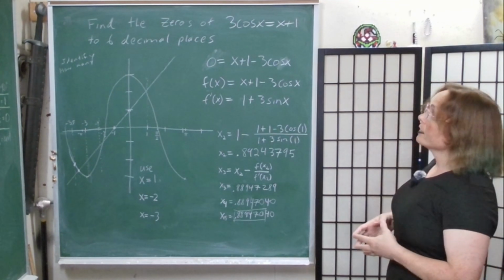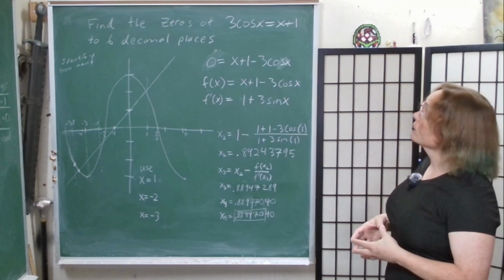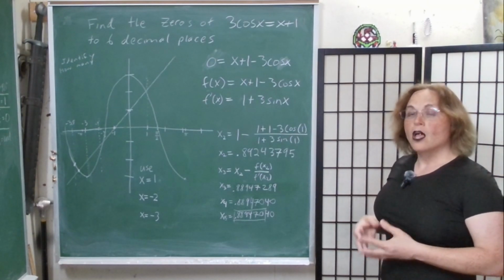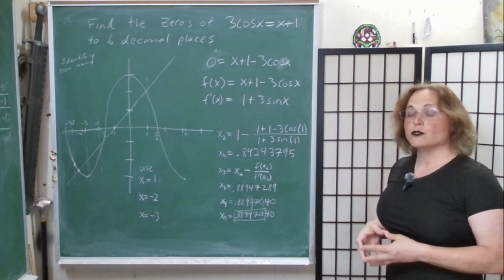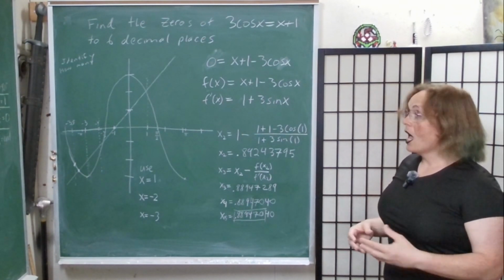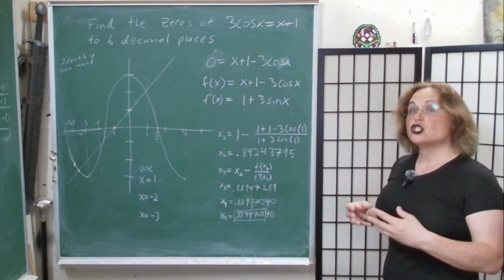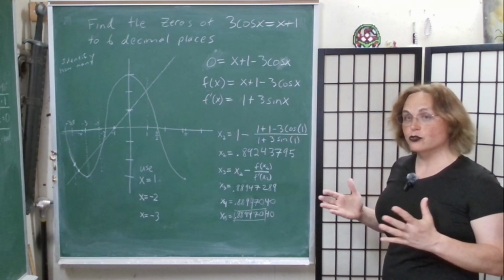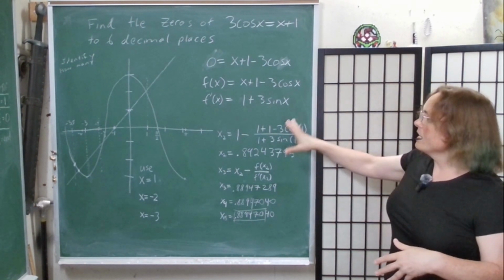Now, our problem is find the zeros of 3 cosine x is equal to x plus 1 out to 6 decimal places. The first thing you're going to want to do when you approach a problem like this is estimate how many zeros you expect there to be and what would be a good starting guess for those zeros. A value close to where those zeros are going to be that will be pretty easy for you to start